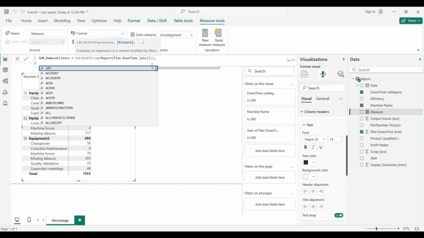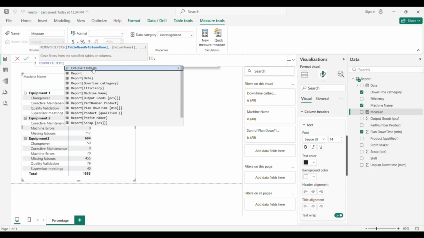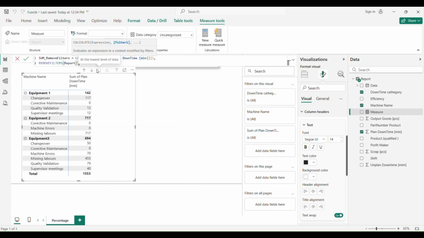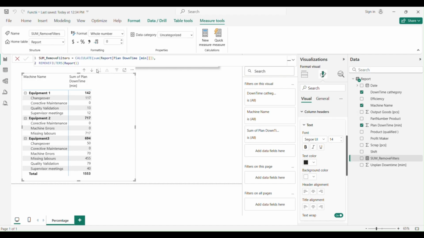And we will say REMOVEFILTERS, and we'll put there the name of our report, which is here. So we'll just write report, close parenthesis, hit enter, two parentheses, right?